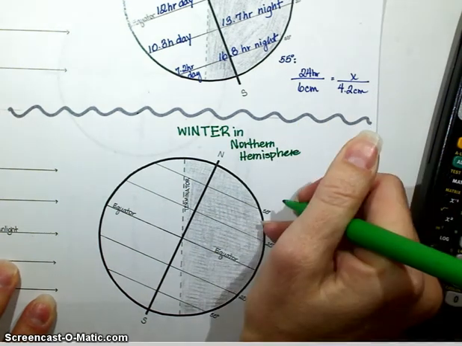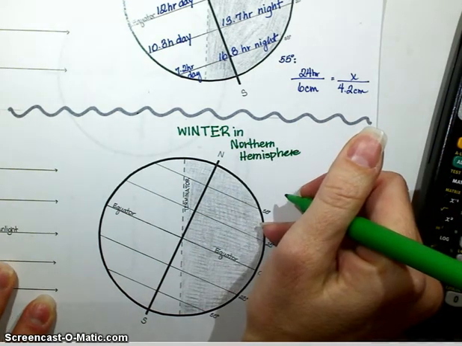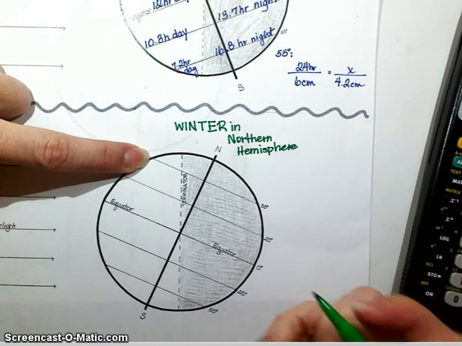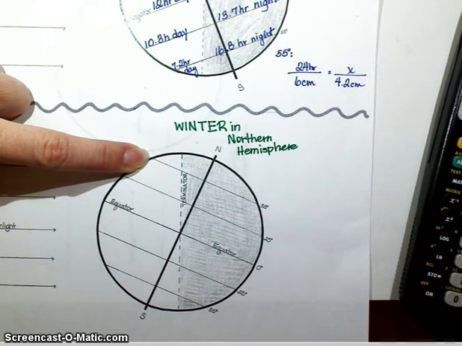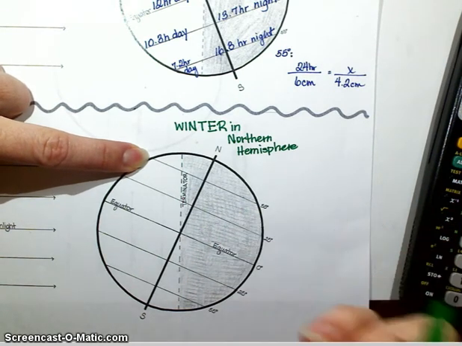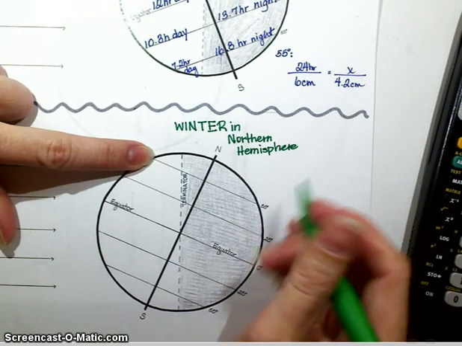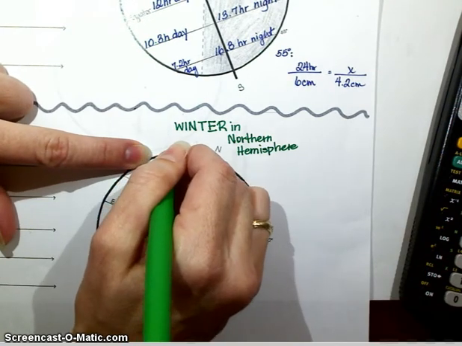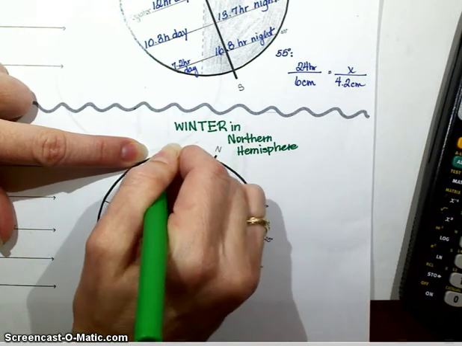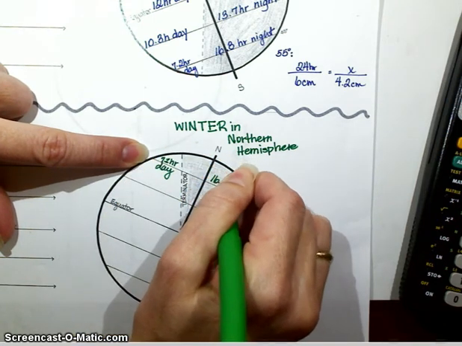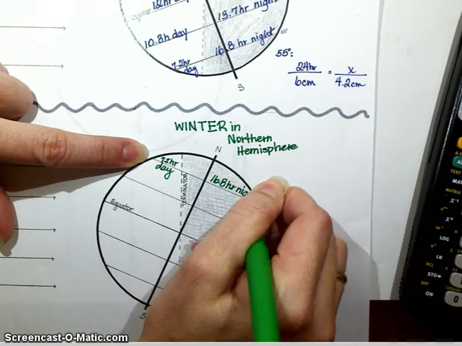And remember, in the northern hemisphere during the wintertime, we're going to have short days and long nights. So what do you expect for 55 degrees north? We could make sure the measurements were exact, or we can just assume that this is tilted back the same that this was tilted forward. So we're going to have a 7.2 hour day